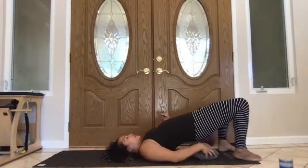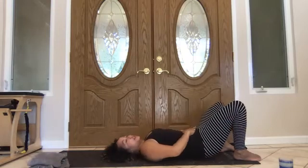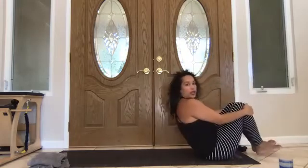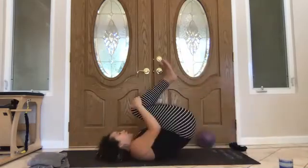Tuck your pelvis. Lift your hips. Release your ball. Roll your vertebrae down. Bring your knees into your chest. Rock a few times, front to back. Bring your chin into your chest so you're only rocking onto the shoulders. Rock a few times. 3, 2,